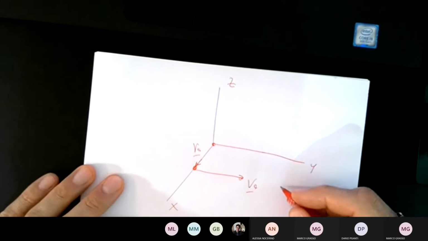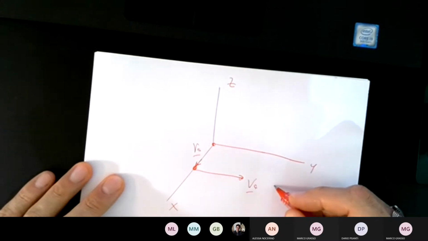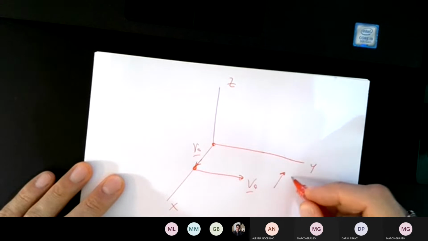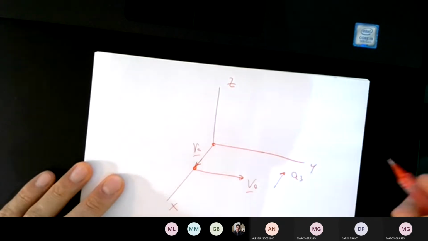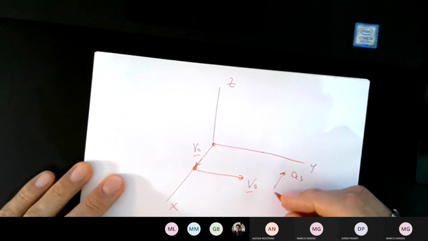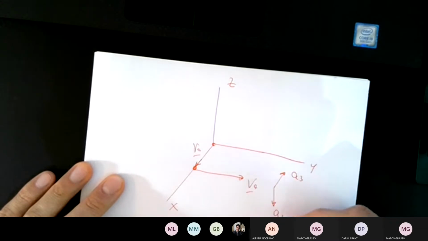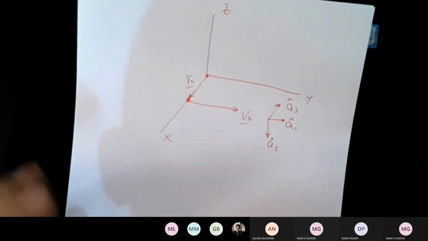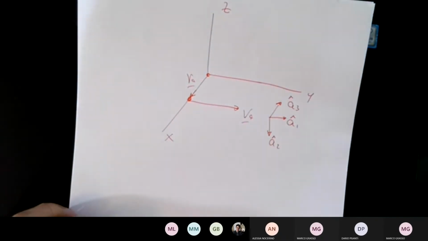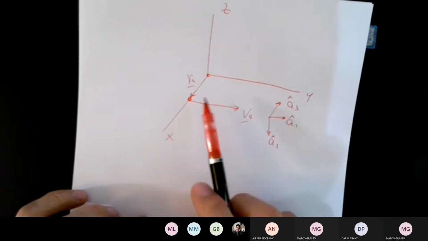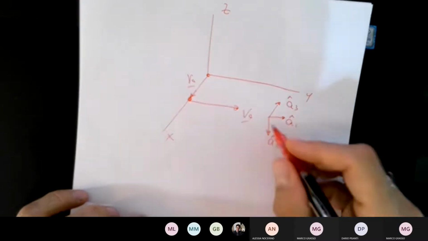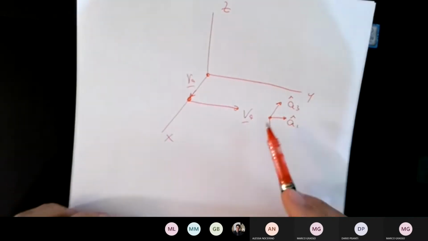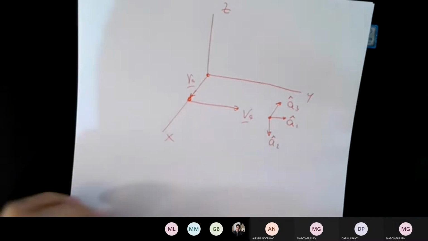The corresponding LVLH, the way we defined it, will have A3 pointing towards the center of the planet, of course, anti-parallel to X. A2 will be anti-parallel to Z, right? And then this will be A1. I was struggling to visualize if this made any sense for one quaternion, but I don't think you can go from X, Y, Z to this orientation with just a simple one quaternion that you can visualize,